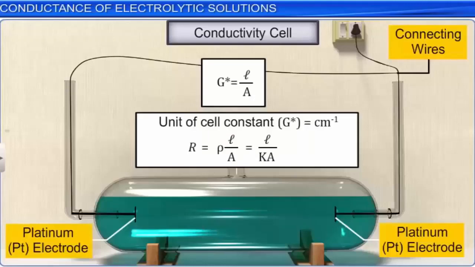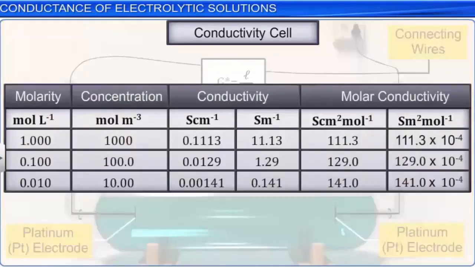A better approach is to determine the cell constant by measuring the resistance of the cell when it contains a solution of known conductivity. For this purpose, we use potassium chloride solutions whose conductivity is known accurately at various concentrations